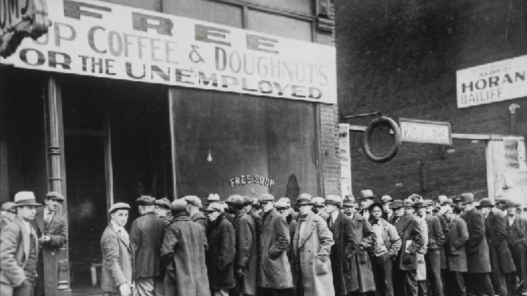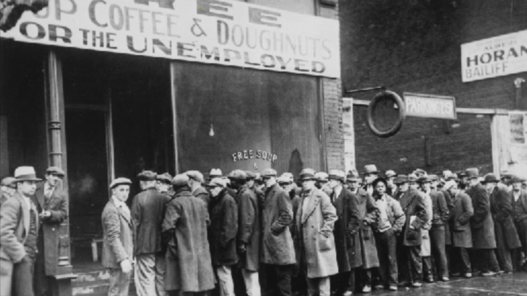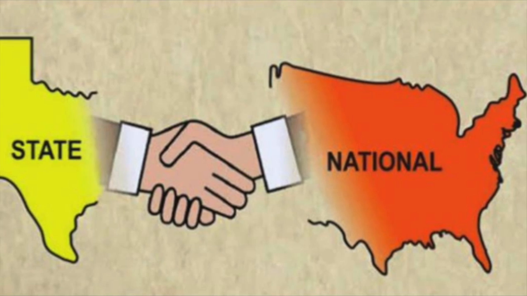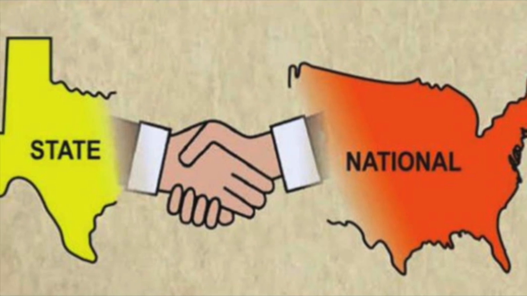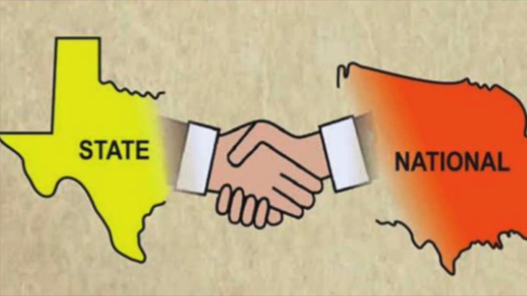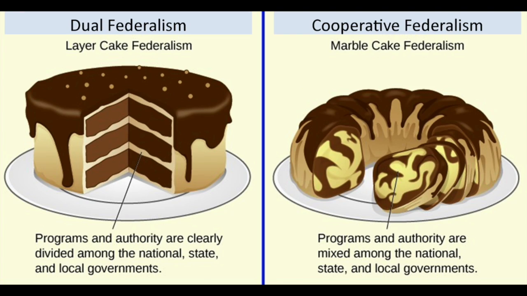When the Great Depression hit in the 1930s, Americans faced new economic hardships. Cooperative federalism developed as a result of the need for a strong, coordinated response from the national government. Under this model, state and national government actions were coordinated. A consequence of cooperative federalism was that it led to disparities across states in benefits and coverage.